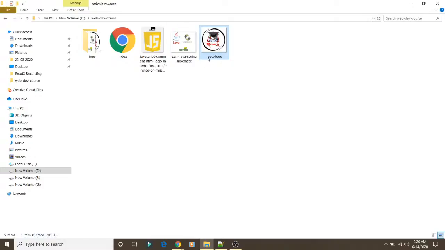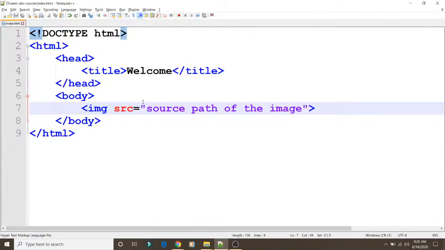So for example, suppose I want to insert the image in this page. I will write the img tag, that is the image tag, and src. Basically, here src refers to the source. Like we were calling img a tag, similarly src is another element, known as an attribute. Within this src attribute we will mention the path. Fine. We are working in the particular root directory, so here we can ignore the path.